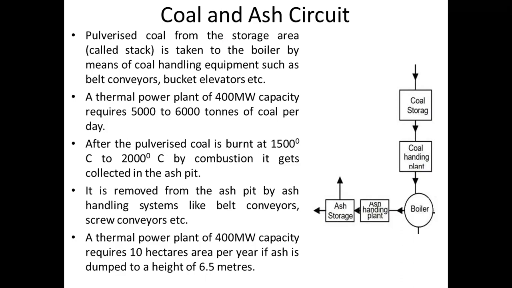In most cases, the coal available in mines is in stone form. The coal is of big size, so we break the coal into small sizes. Though in India we are not getting very good quality coal, there are four qualities of coal: anthracite, bituminous, peat and lignite, out of which anthracite is the best quality, while peat and lignite are the least, or you can say the worst quality of coal.